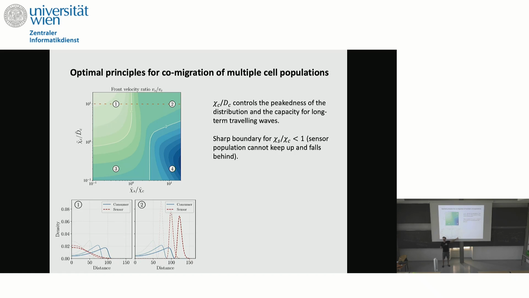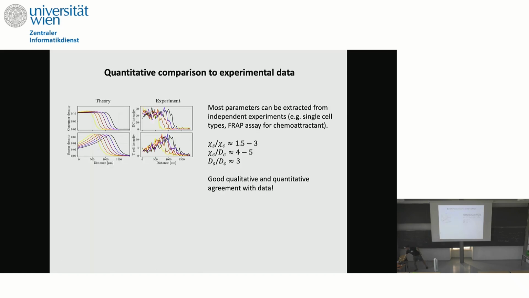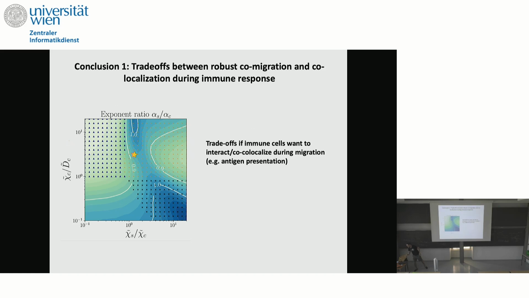Yes, but if your sensors are super efficient at migrating, they're going to form a peak very far away from the consumers, and they're, again, not going to spatially interact. So then we looked at every parameter, and essentially everything goes in the reverse direction. If you want to migrate very efficiently, you want your chemotaxis to be super efficient. But if your chemotaxis is super efficient, you form very, very narrow peaks, which have very little overlap. So what Mehmet did is essentially summarize everything in a phase diagram,